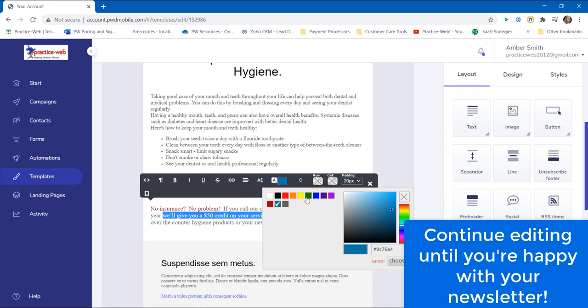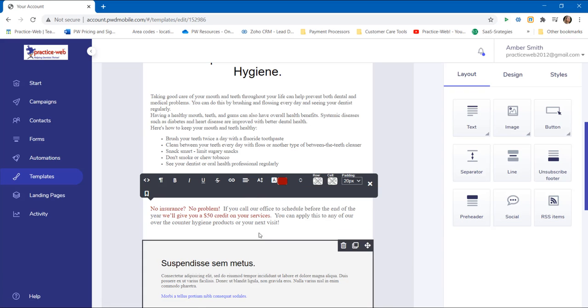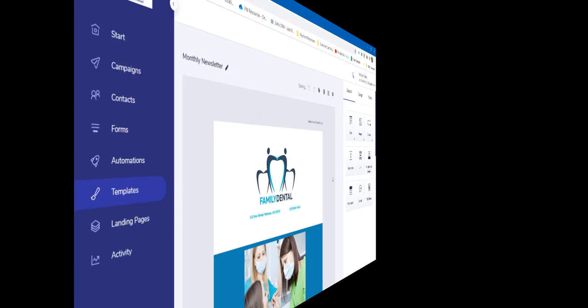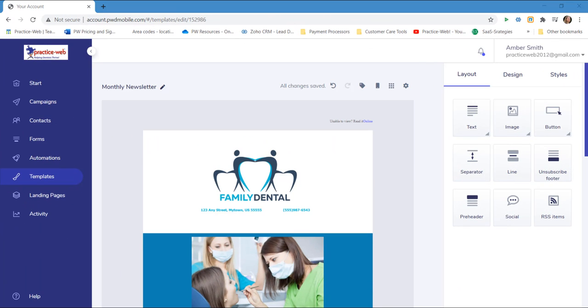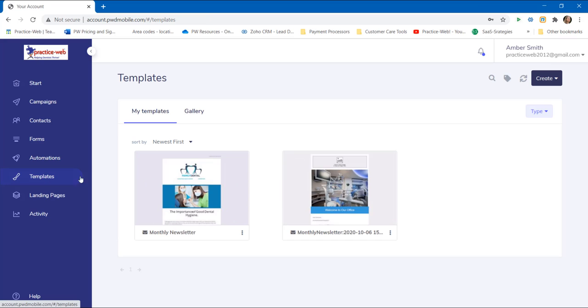So as you can see, I'm just going to make a few more edits. And now I'm done. One thing to note is that all changes you make are saved in real time. So now I can just go back to my templates, and you can see the template I made stored automatically